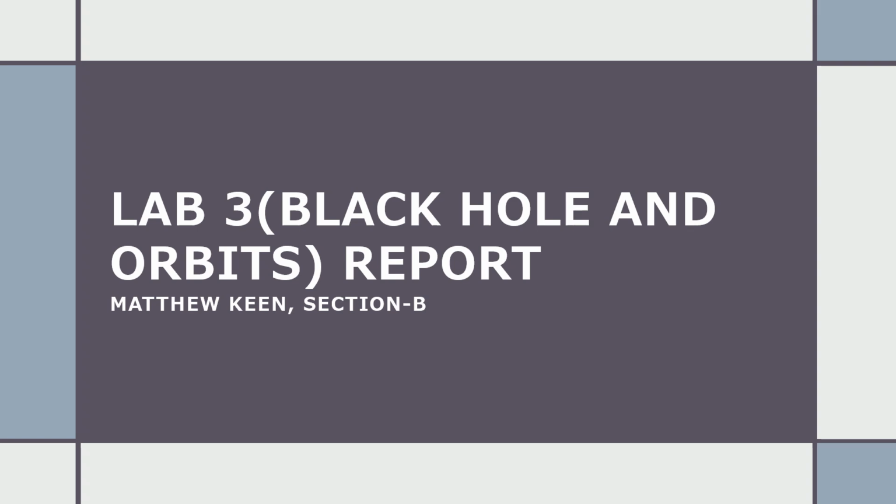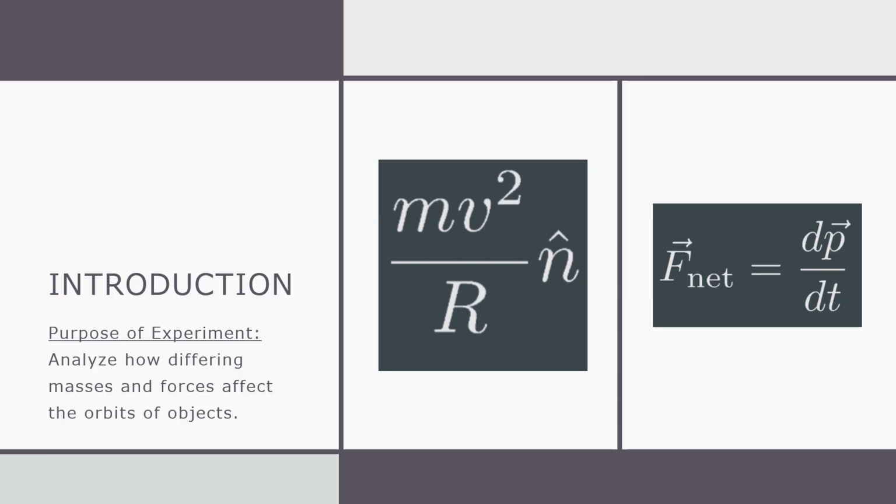I am in Professor Curtis's section, which is section B, and this is my lab report on Lab 3, Black Hole and Orbits. The purpose of this experiment was to analyze how differing masses and forces affect orbits of objects and gravitational motion. Right here I have the formula for the perpendicular force of an object in circular